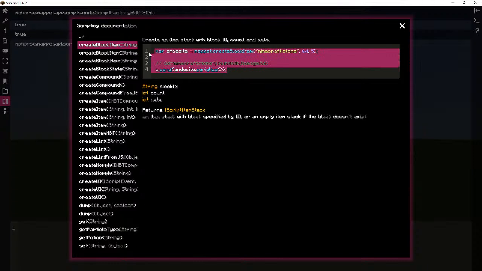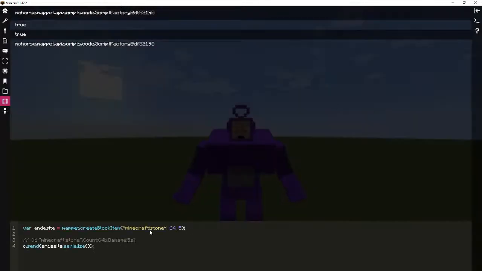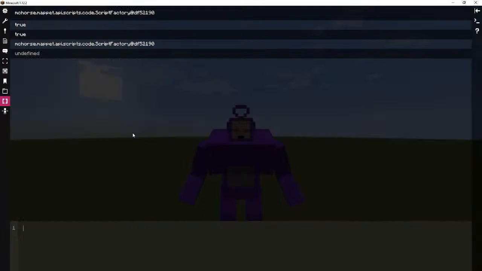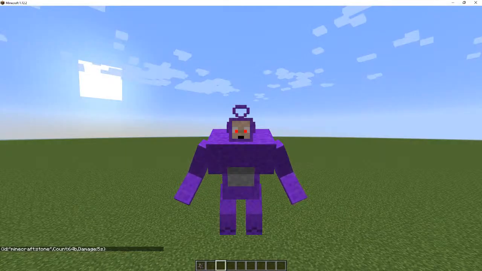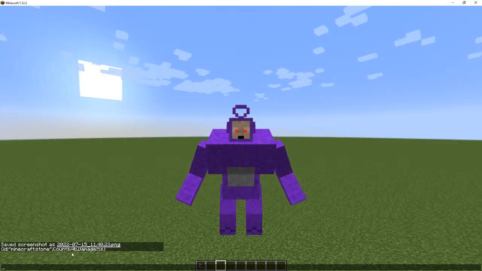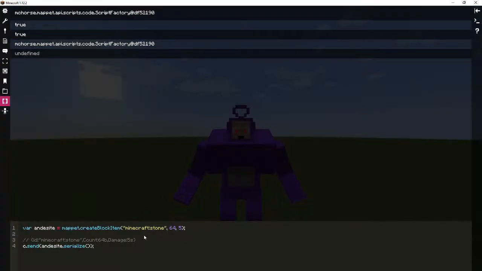If I copy that, it also says what it does, what its arguments are, what it returns, and a description. It sent this in the chat. This is the NBT code for the item. For example, if I just print it,